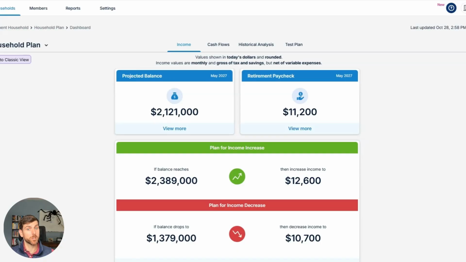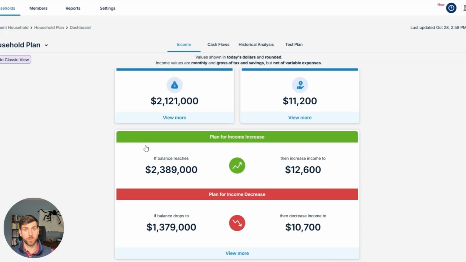Now, what I want to show you beyond the capabilities of this guardrails approach to retirement income is the withdrawal strategy that I think gets overlooked, or the importance of it gets overlooked, because people don't know that there are this many options. You have the choice of taking out a little bit from each account to fund your bills. The conventional advice would be to take the taxable brokerage account, exhaust it, then you move on to the tax deferred account, then you move into the tax-free account.